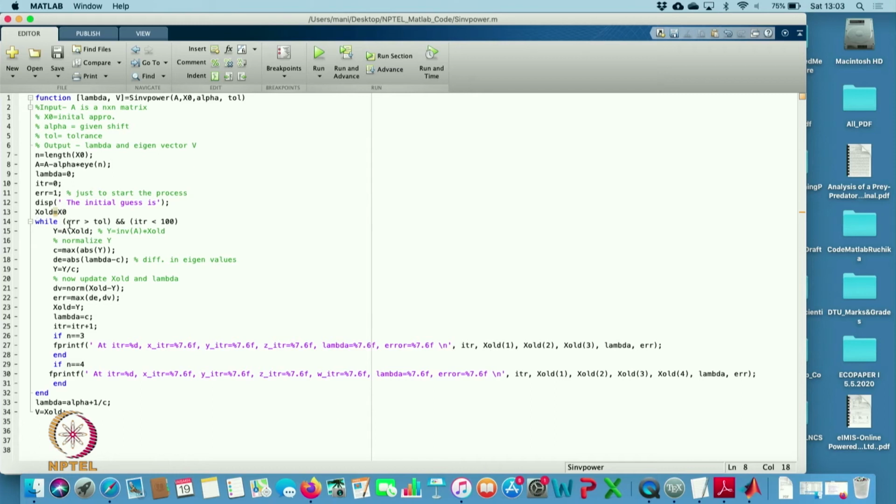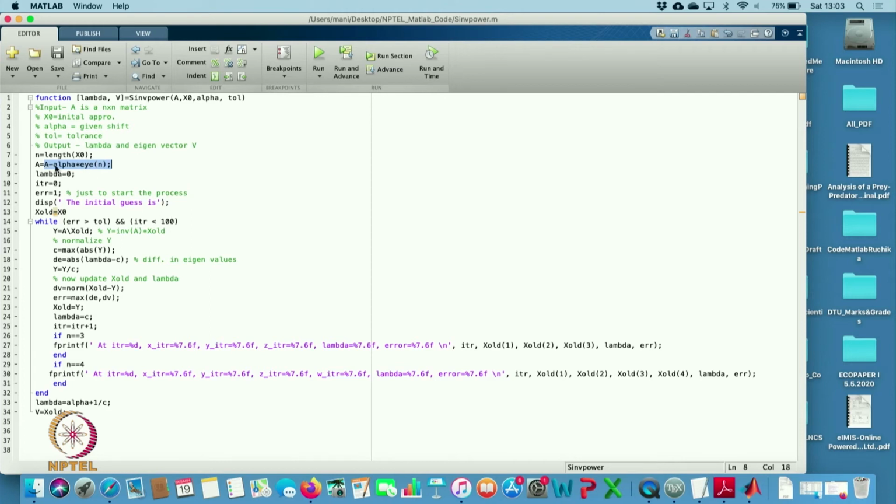Then we go inside while the error is greater than tolerance and the iteration is less than 100. So, now what we are doing is finding the solution using A backslash x old. What is the meaning of this A backslash x old? Whenever we write A backslash, it means this is equal to the inverse of A into x old, because I wanted to find the inverse of this A minus alpha I into x naught.